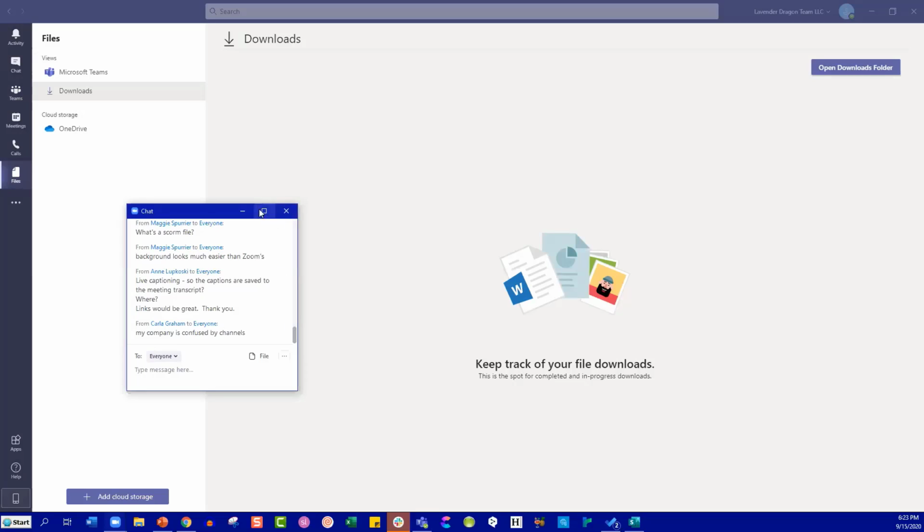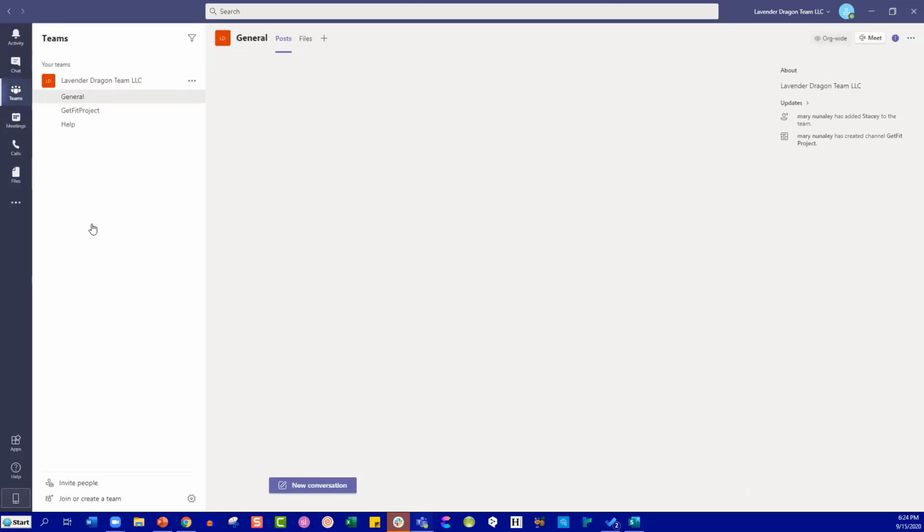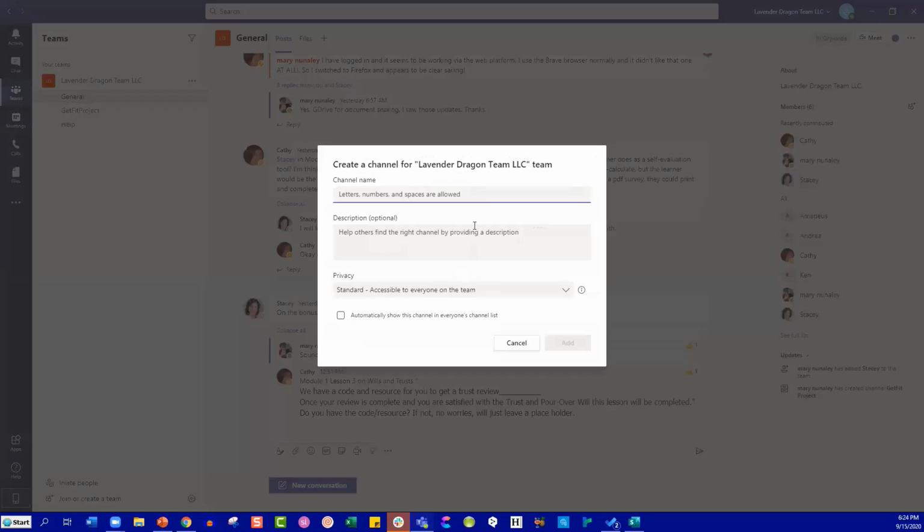So a lot of people get confused by channels. If you've ever used Slack, you can see where it can become a real sort of nightmare sometimes because there's too many channels. What I have found for channels, the most efficient way to do channels is to set a clear purpose for the channel, which you are able to do when you create a channel. So if I came over here and I say add channel, I'm going to call it help desk. And then I'll give it a description. So use this channel, and I would go in and clean it up, if you need answers from the help desk.